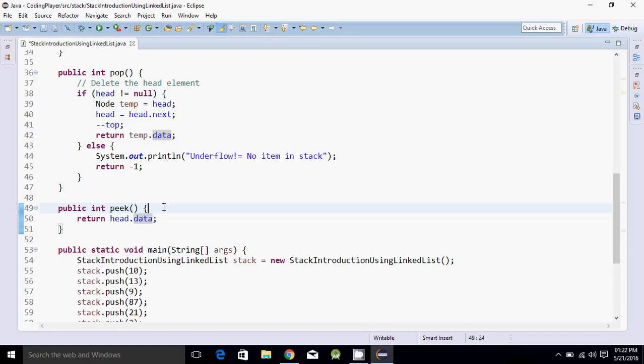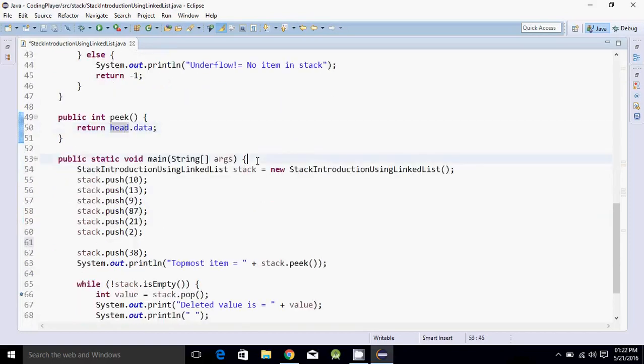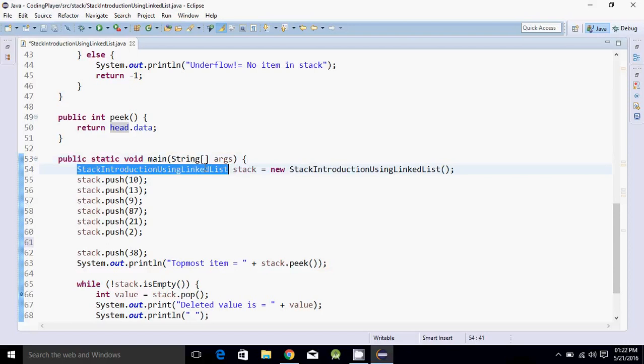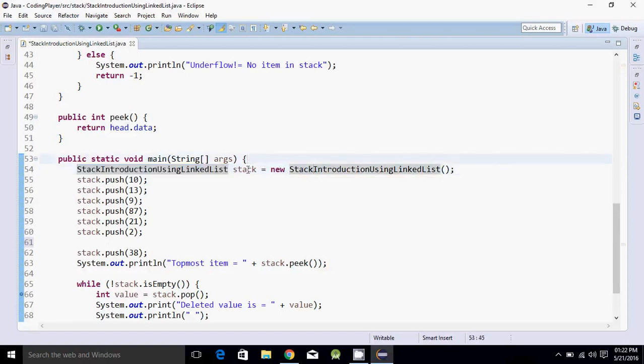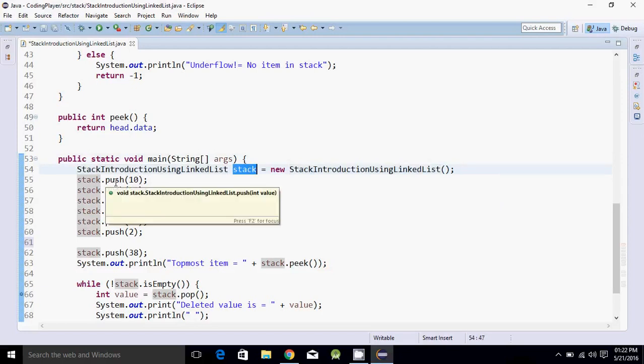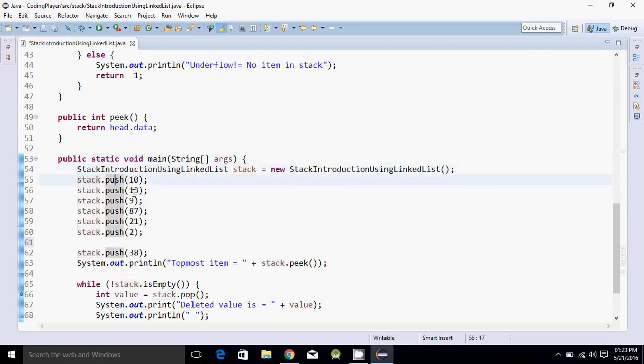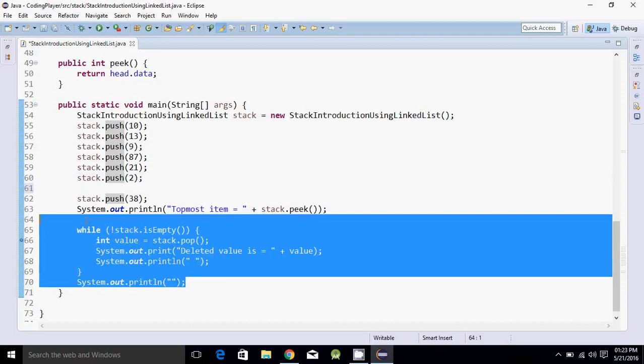Now this is our main method. We have to perform those operations as we implemented before. For this purpose, we just created an instance of our class as a variable stack, and we are performing the push operation, means stack dot push 10, stack dot push 13, up to stack dot push 38. Now let's stop the deletion code and simply perform the peek operation. Just save it